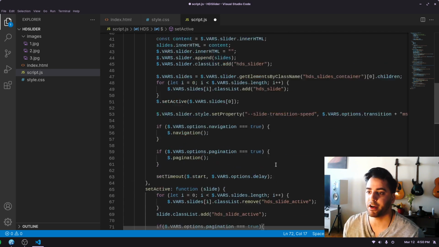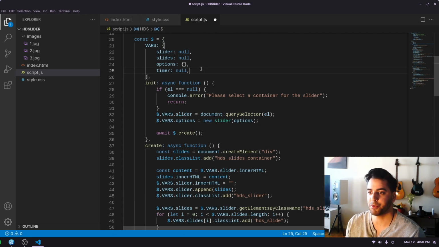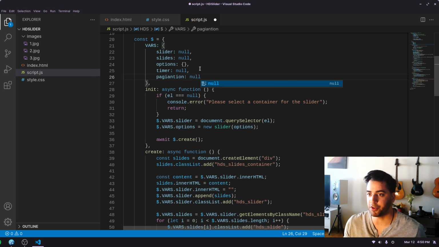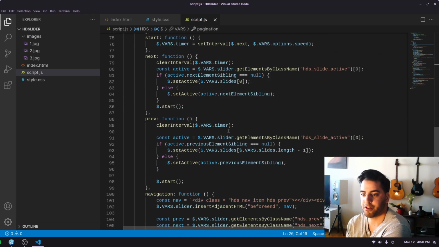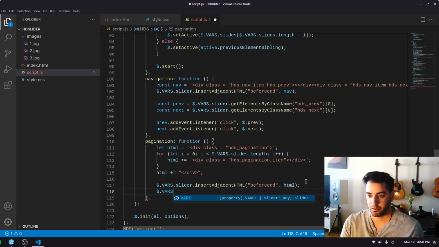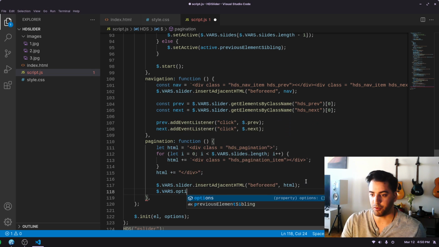Ooh, I have an idea. So up here in our variables, we can go pagination. By default, it'll be null. But then down here under our pagination, we'll actually set it. So we'll go this dot pagination equals